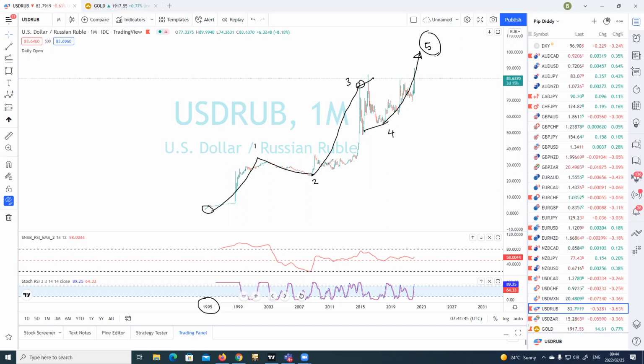Now, with the recent attacks of Russia on Ukraine and imposed sanctions by the economic and otherwise by the US government, we are obviously going to expect a weakening of the Russian currency, the Russian economy, the Russian stocks. So it is my expectation, just based on that news, that the price of the USD RUB pair is just going to shoot and skyrocket upwards. Okay, and this view also seems to be supported by the Elliott wave structures that we are having here.